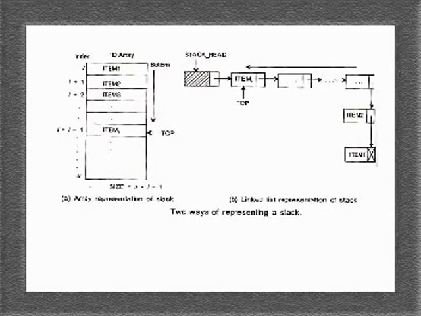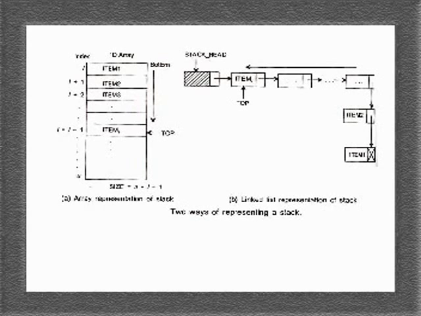We can represent a stack in two ways. One is static representation using an array, the second one is dynamic representation using an availability list. In static representation, a single dimension array can be used to represent a stack. In dynamic representation, there is no need to check whether it contains elements or not before performing a deletion operation. Similarly, there is no need to check whether it is full or not before performing an insertion operation, because it is